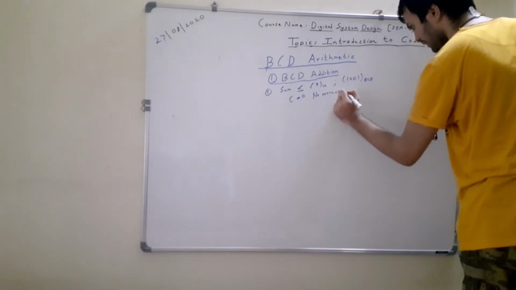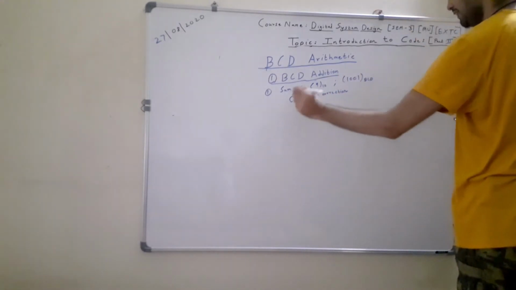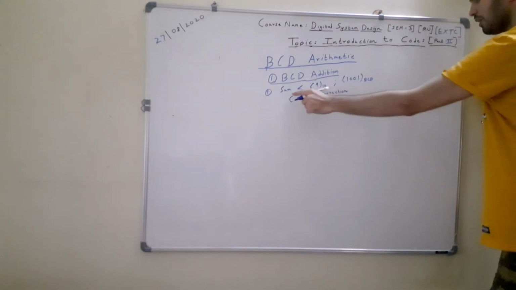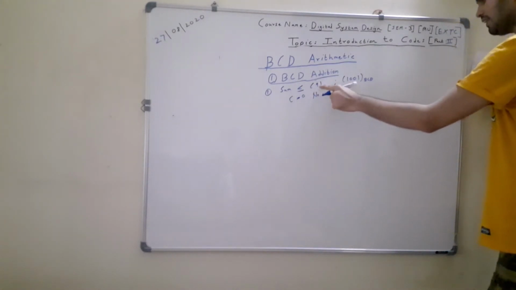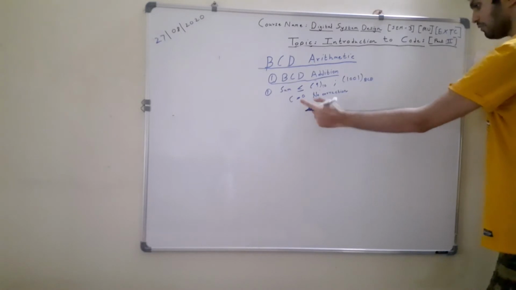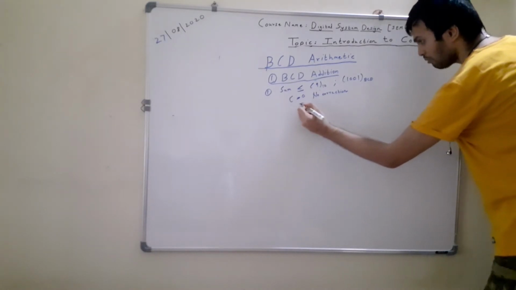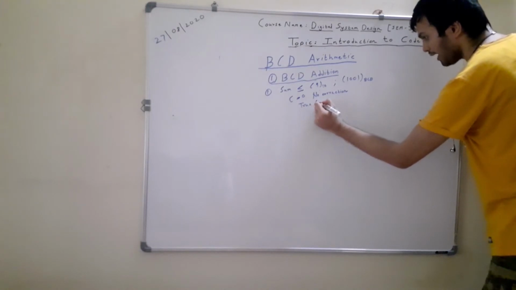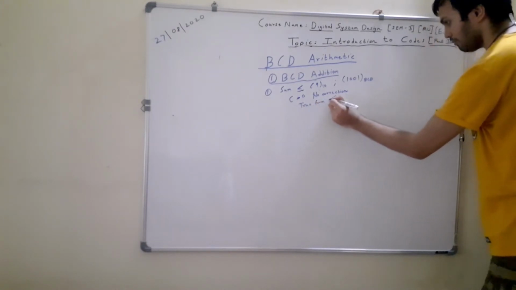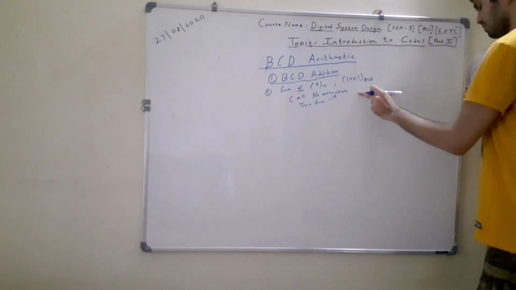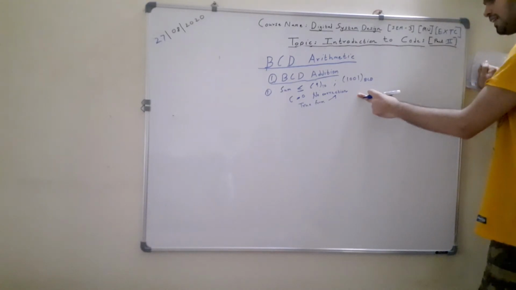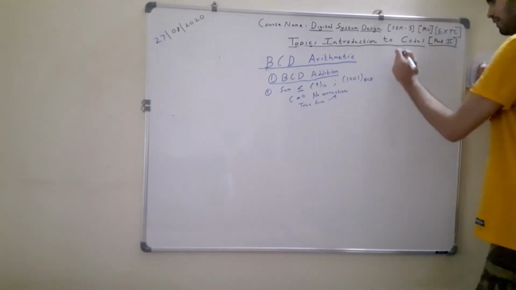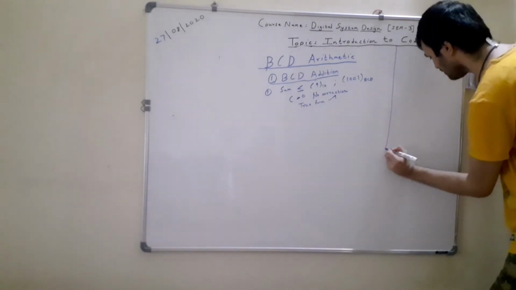What is this correction? We will come to know when we study the second case. For the time being, just remember: when your sum is less than or equal to 9 in BCD and the carry is equal to 0, your answer is in true BCD form and no correction is required. Remember this. We will first solve an example on this case.